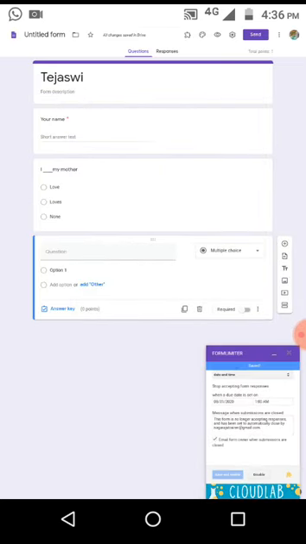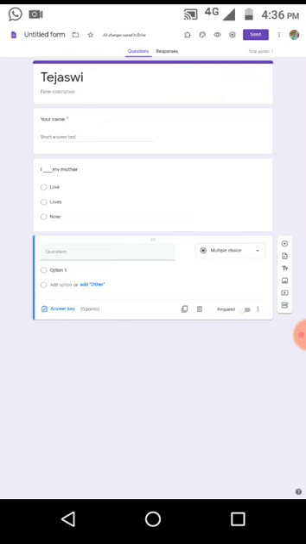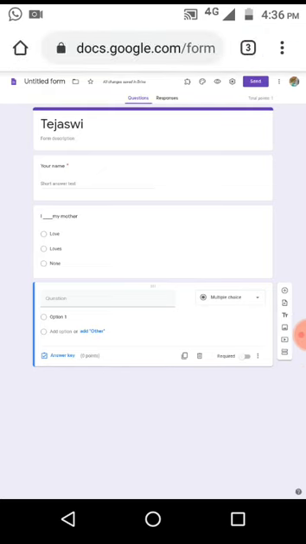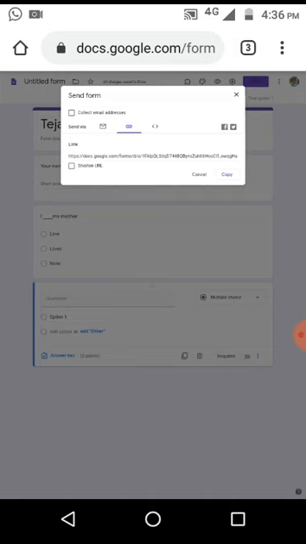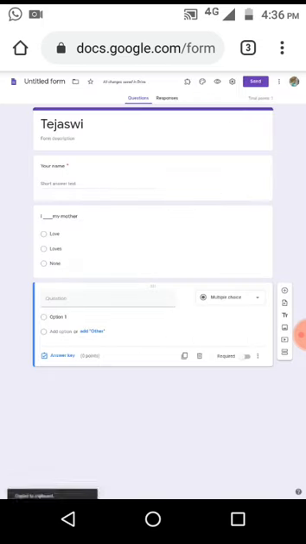If you want to conduct an online test, you need not give any time and date. Directly you can send this link, click send link. With this, the total question paper is finished. Here you can see send via email, and one link is there. Just click link, and you can copy it. See, the link is copied. Then you can paste this link in the Zoom chat.